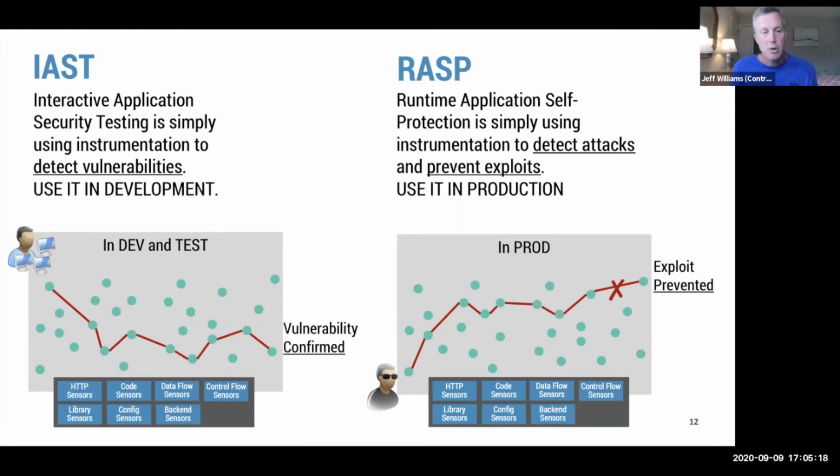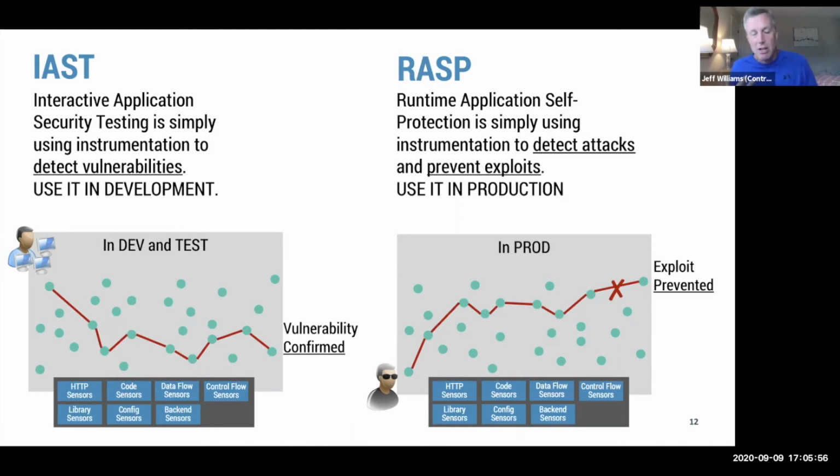Like, as I was pointing out at the beginning, it's kind of difficult to integrate legacy security products into a modern development pipeline. So the advantage really comes from being inside the running application. When you work from the inside, you have all the context to be super accurate. So you have all the code, you have the HTTP request, you've got the libraries and frameworks and how they're used, you've got the configuration, you've got the back-end connections. All that information allows you to make really smart decisions about whether something's a real vulnerability or not. And so that's why it's more accurate.